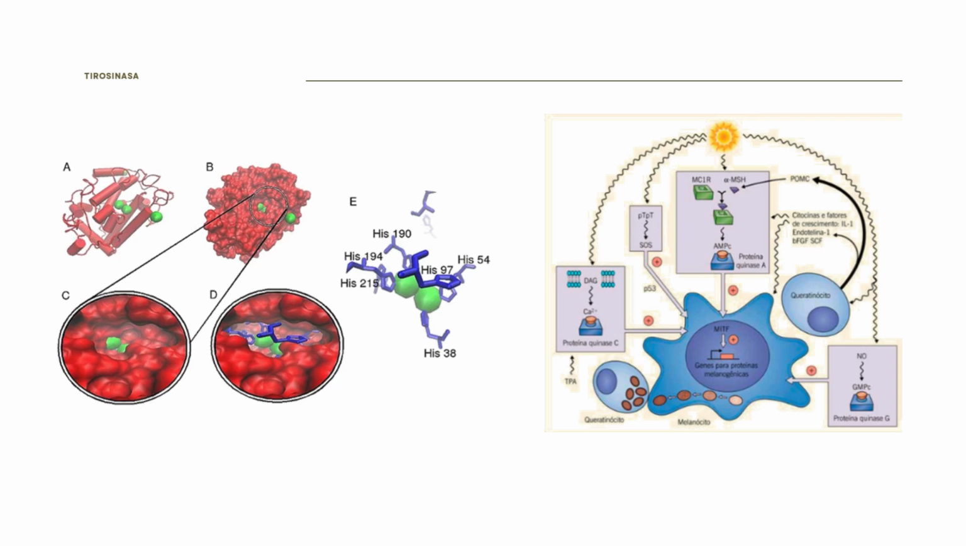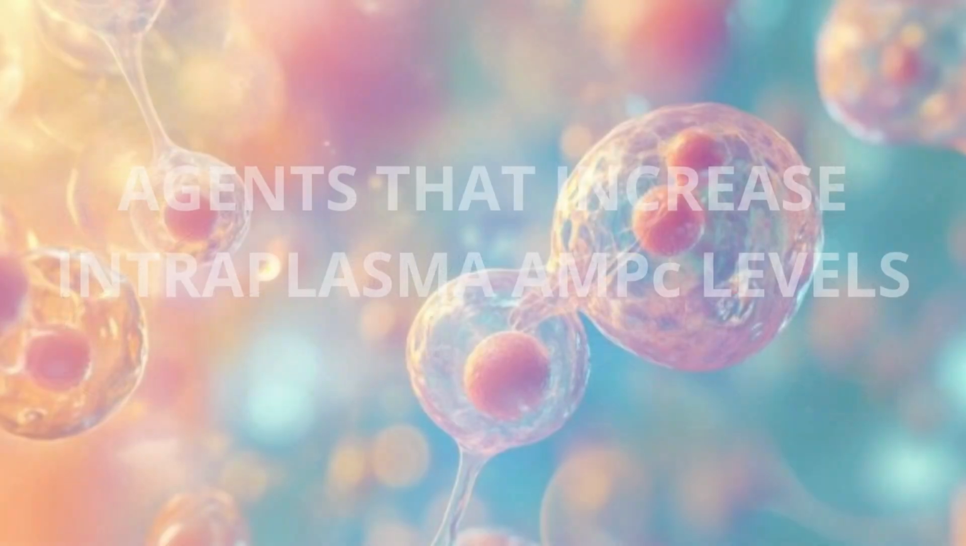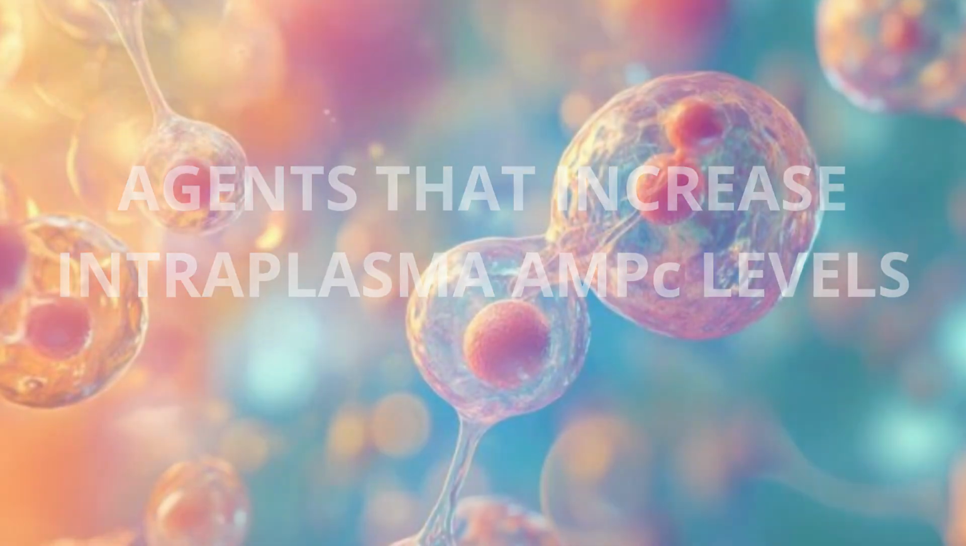MSH and tyrosinase. MSH is a potent stimulator of melanogenesis by binding to its specific receptors on melanocytes and induces an intracellular signaling cascade that activates tyrosinase. This enzyme in turn catalyzes the oxidation reactions, leading to melanin production. Agents that increase intracellular cAMP levels: